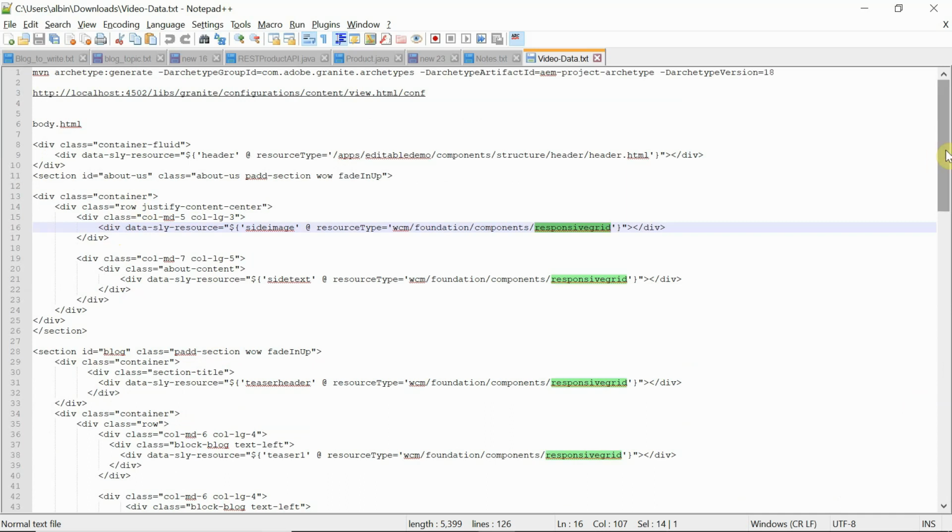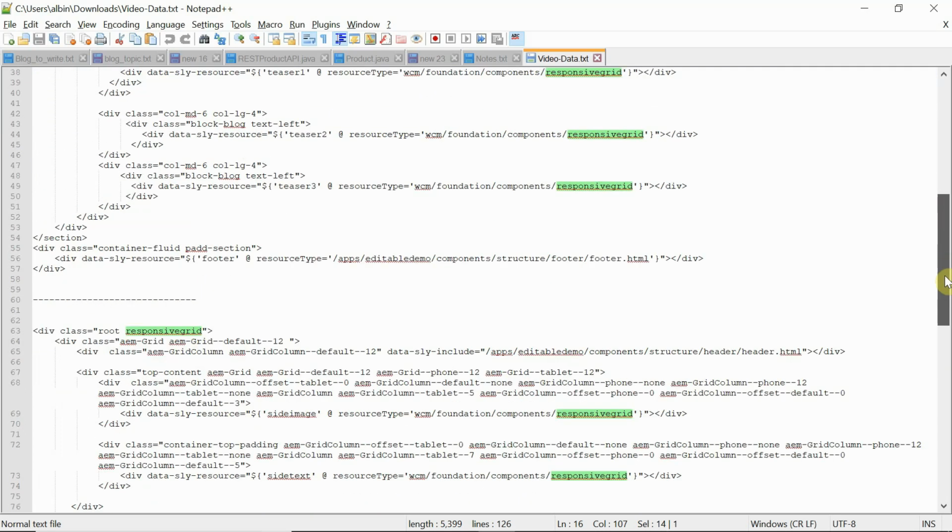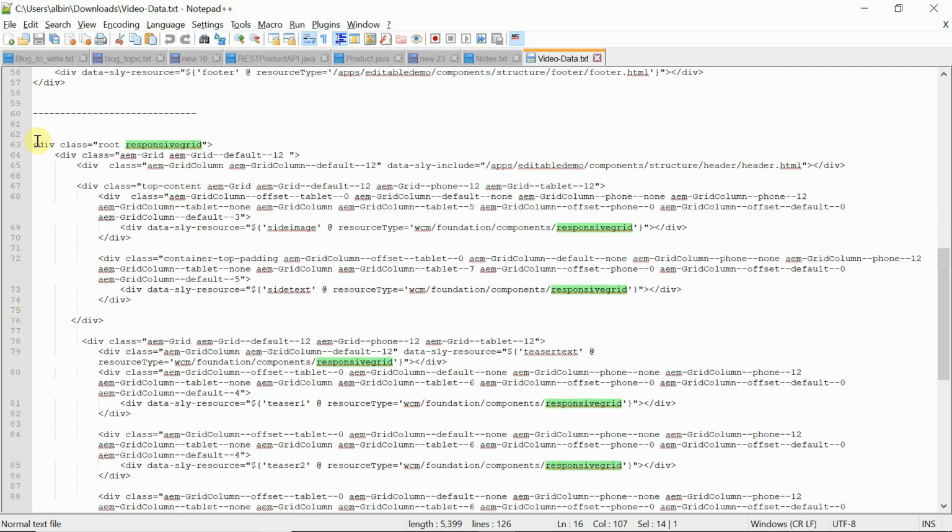For that, all the steps are going to be the same. We need to define a page rendering component, then a template type, then the author should create a template and configure the policy, then the author can use it to create the page. Now one difference is the body.html. Whatever HTML or Bootstrap structure we had should be replaced with the AEM grid structure definition.